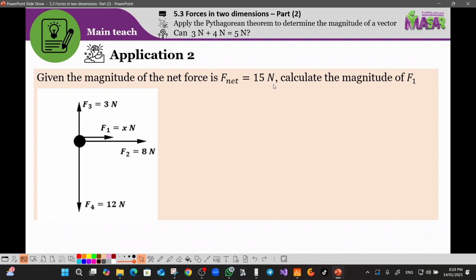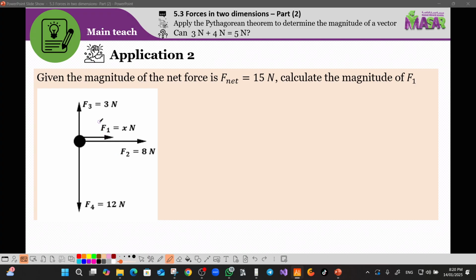Even if they provide me with the F net, I will assume that the F net is not given, and I will start solving the question to determine it. And in order to determine the F net, we usually combine the vertical forces together, the horizontal forces together, and then we apply the Pythagorean sum to find the resultant, because we will end up with two perpendicular forces. Now let's try to do that